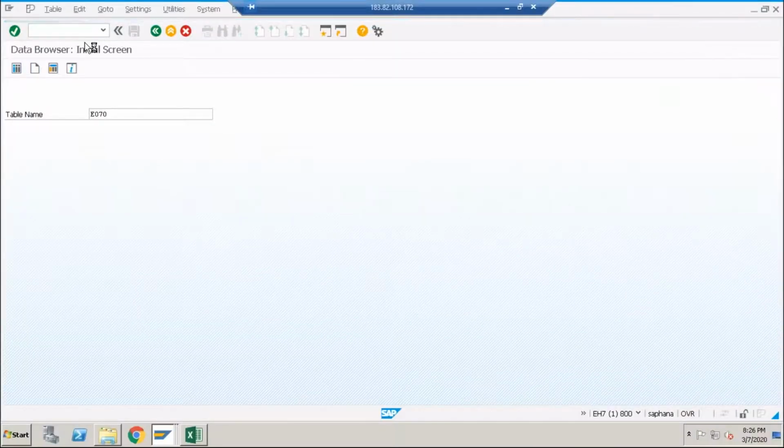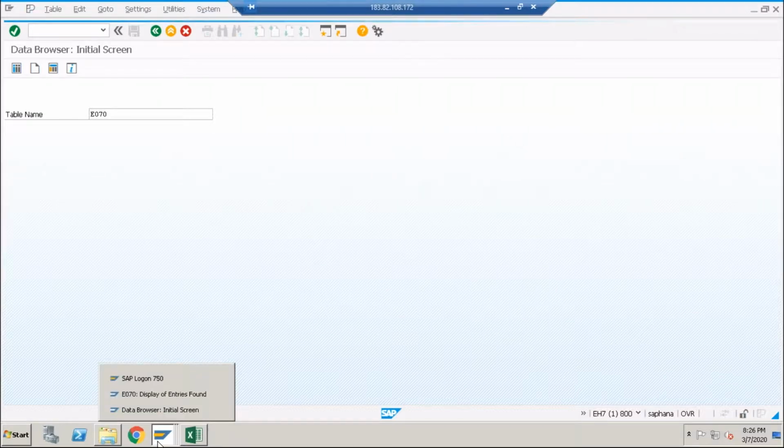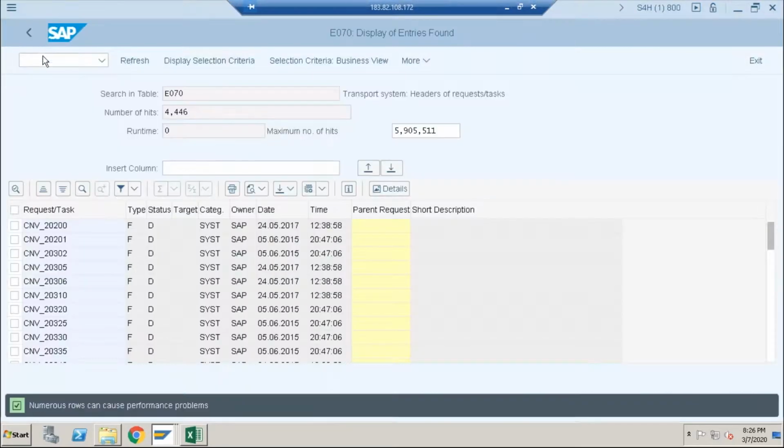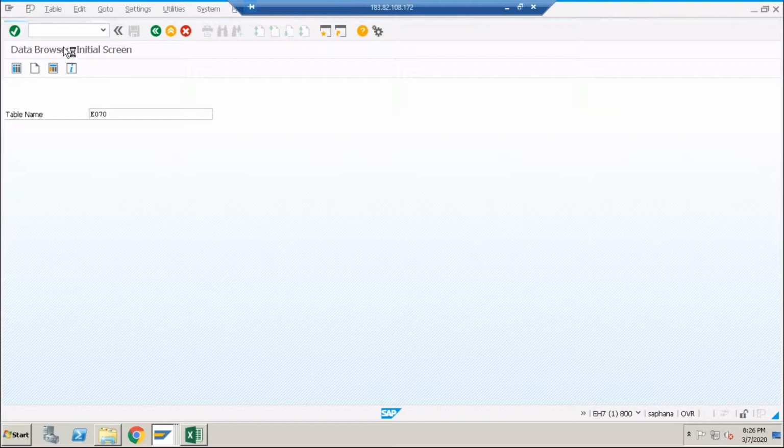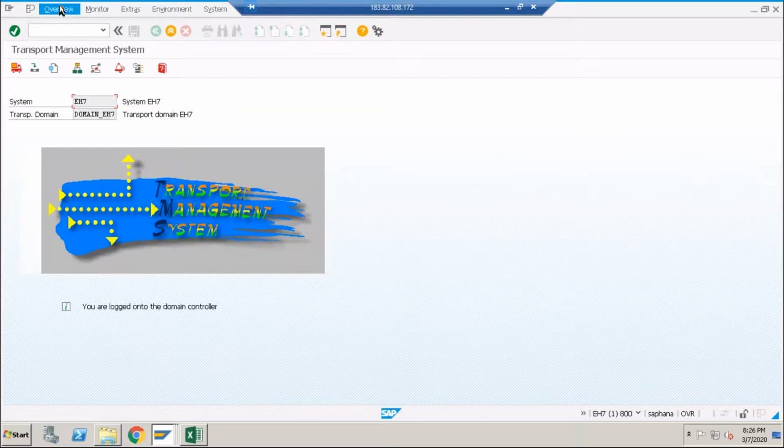Achha, okay. HTMS underscore import. Not configured. Click on first truck button.